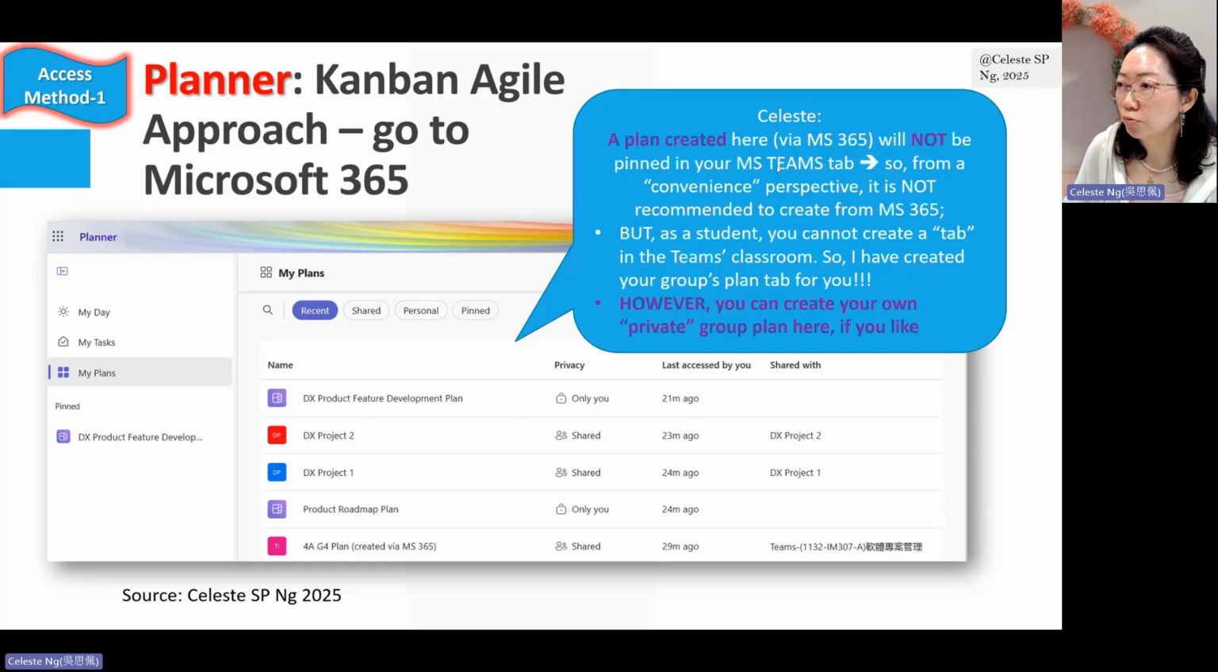And then here, I would like to emphasize that for a plan created here via our Microsoft 365, right? This is our Microsoft 365. The one I asked you to look for the planner from the web-based Outlook, and then from the hamburger icon, you click there, we are actually accessing our Microsoft Planner through our Microsoft 365. And you have to be aware that a plan created via Microsoft 365 will not be pinned in your Microsoft Teams tab. All right, so for convenience, I do not recommend you to create your plan through the Microsoft